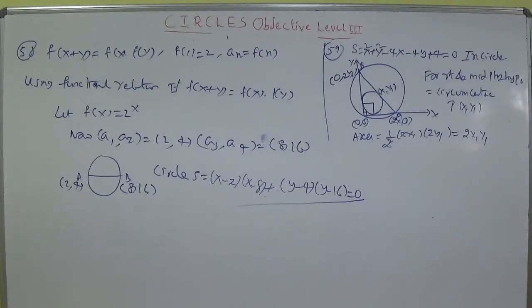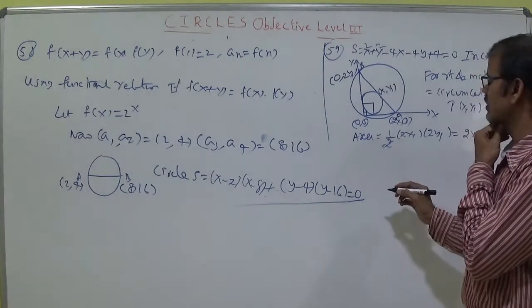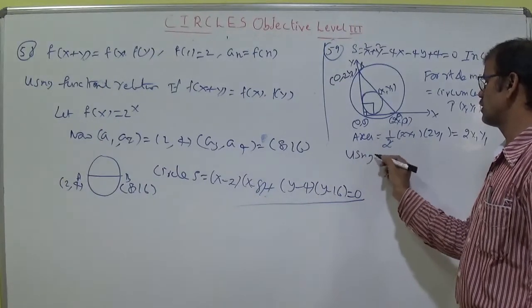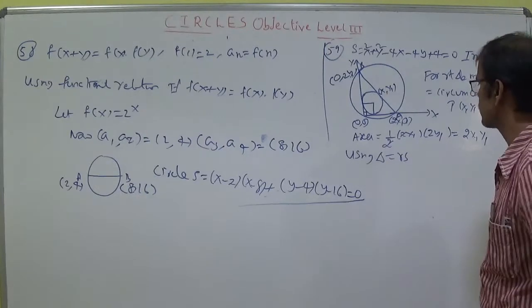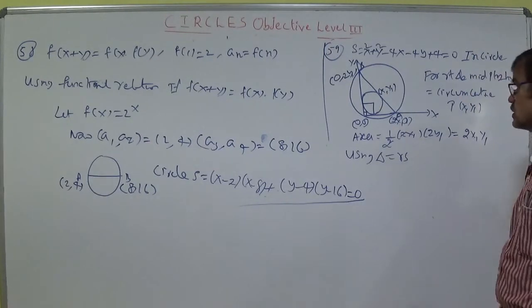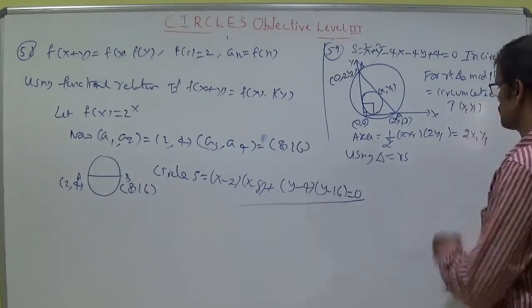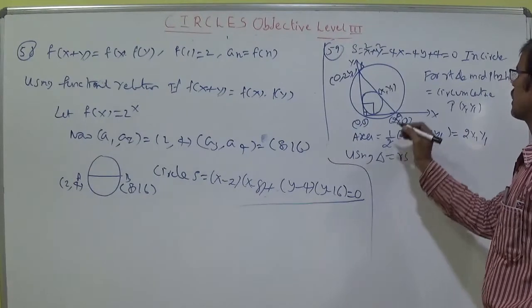Is it an equilateral triangle? Let us discuss once. The circle inscribed in a triangle which has two sides along the coordinate axes, the locus of the circumcenter. No, it is not. Let's discuss whether it is equilateral or anything. So using another formula, delta is equal to r s. What is r? The inradius. What is s? Side plus side plus side by 2. So delta is equal to r s concept.